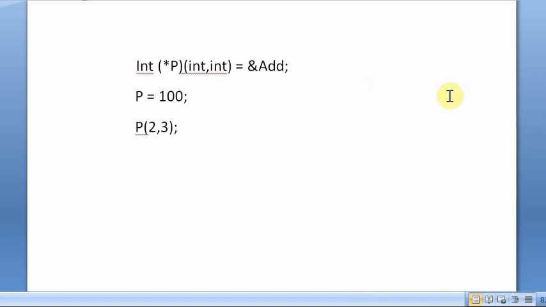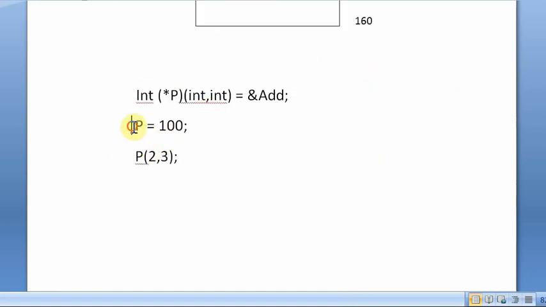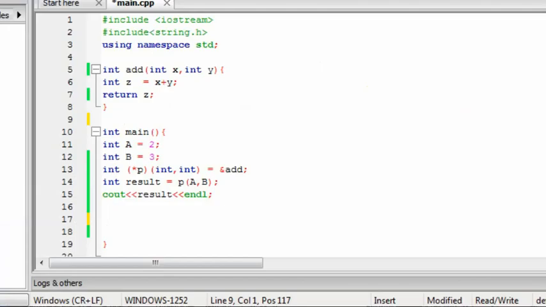Then when I want to call this function using this pointer variable, I simply pass the arguments to this pointer, normally like a function name. Now look at the small program. This is the same program where I have declared two integer variables a and b. The values are these, and then I created a pointer variable p which will take the address of this function. Look, the prototype is exactly the same as this add function.